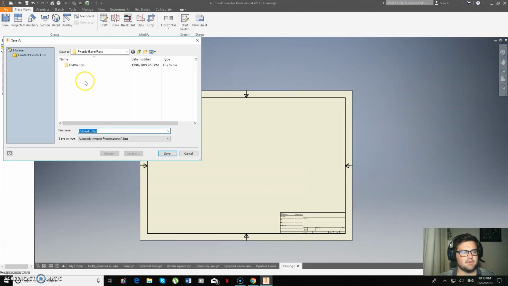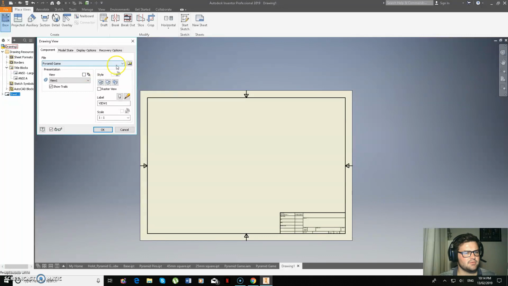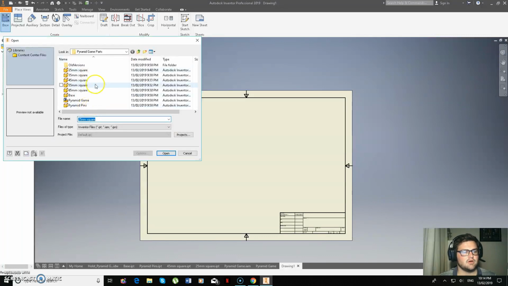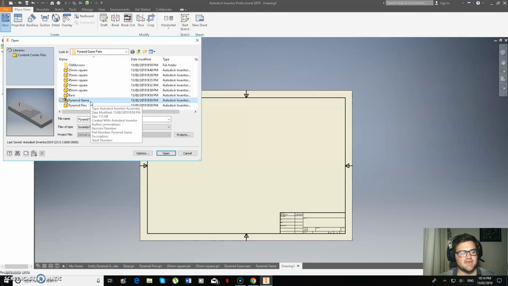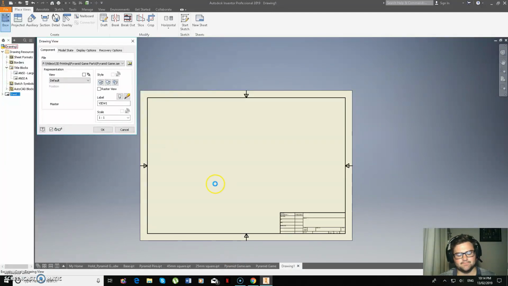Lots of things coming up now that won't come up for you guys. For some reason it's only wanting to open up my IPN files. Oh, there we go. So what I actually want to do is open up, you can see the different file types here. So I've got pyramid game, that's my IAM, so that's my assembly file. That's that file just there. So if I go open,